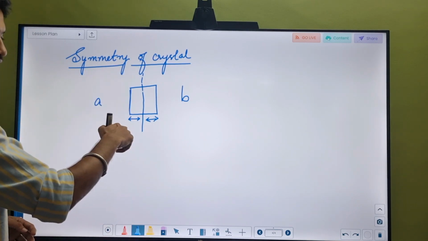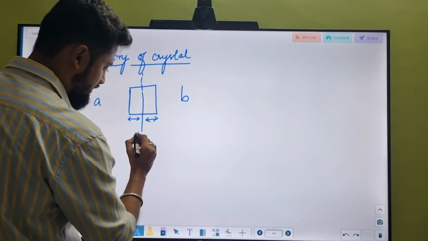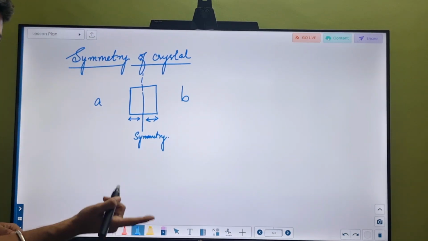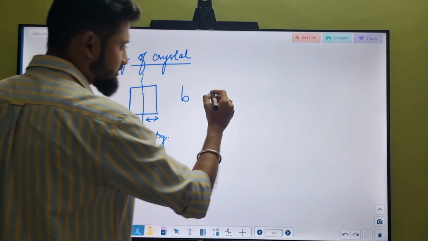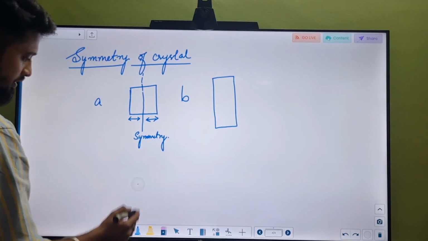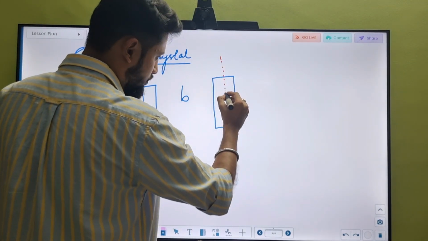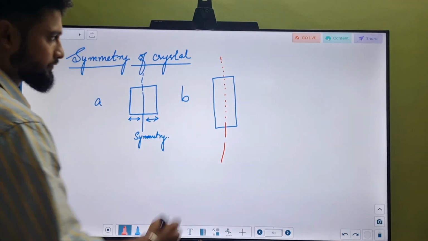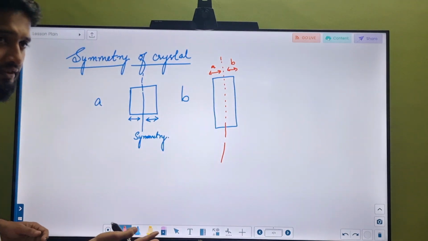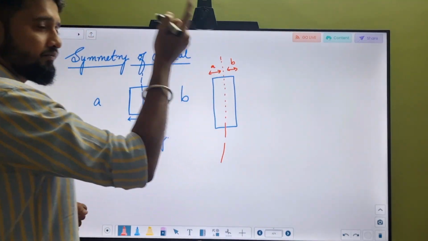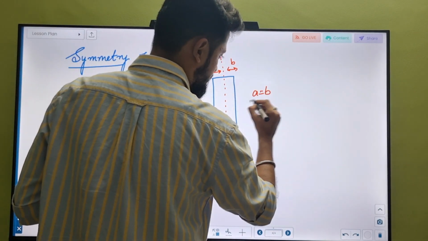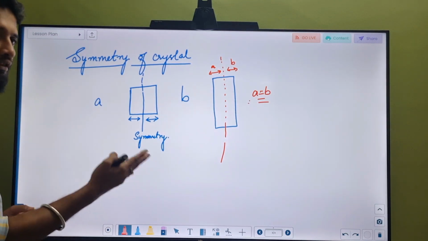So that we call cutting the cake in symmetry. Similarly, in crystal, if a crystal can be cut into equal halves, then we call it a crystal that contains symmetry. Yes, when A is equal to B, when it is cut into equal halves. Okay,